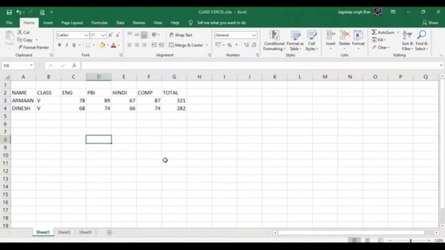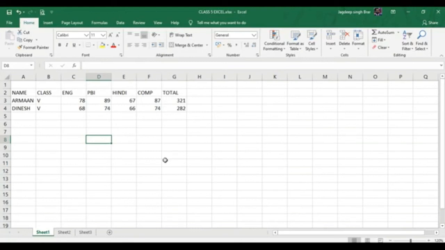Next is selecting cells. Some operations, for example making the text bold, coloring text, or copy-pasting cell data, you need to perform on a range of cells. A range is a rectangular box of continuous cells. Continuous means the cells touch each other, especially along a line. Before performing any operation on a range of cells, you need to select the range. There are three ways to select a range.